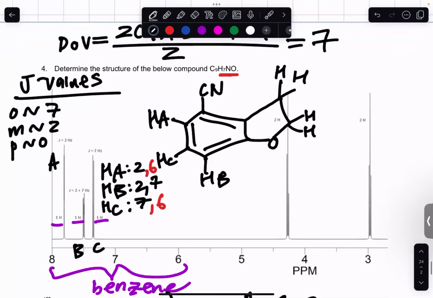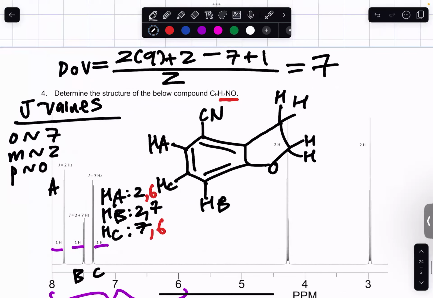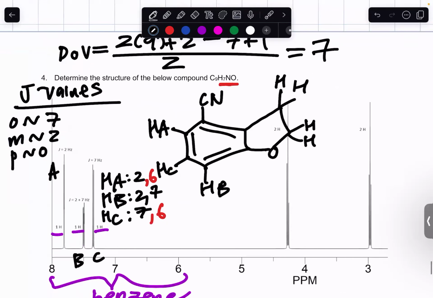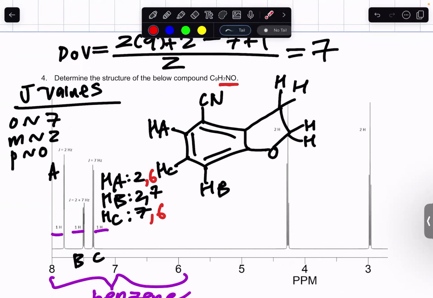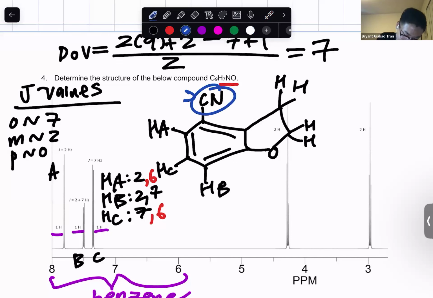Oh, I think you got the wrong. The key said CN was meta. Oh, meta to it. Yeah. Oh, I see. Oh, okay. Dang. There you go. What did you tell me, Sujan? No, I just checked right now. Oh, I see. Okay. So this is supposed to be meta to it. That would make more sense then, because that would be no longer